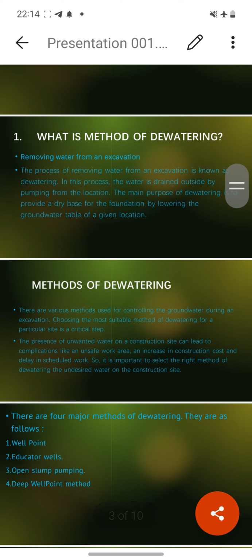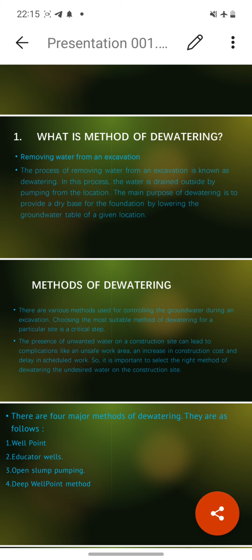There are various methods used for controlling the groundwater during an excavation. Choosing the most suitable method of dewatering for a particular site is a critical step,